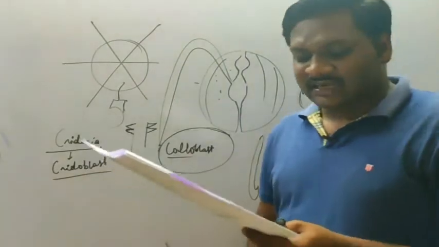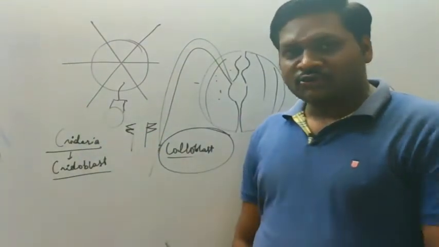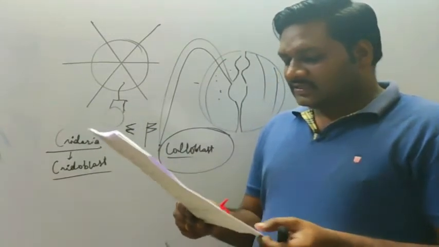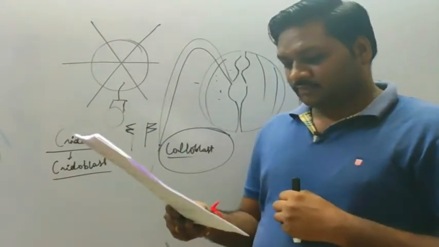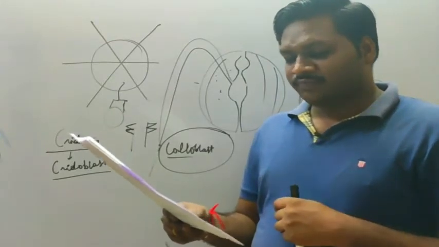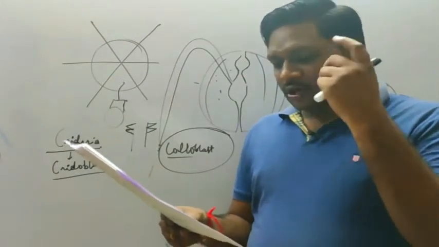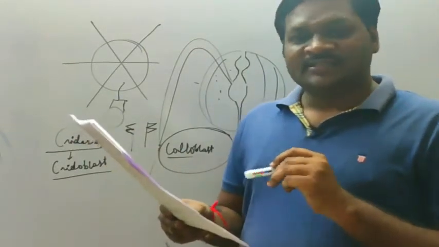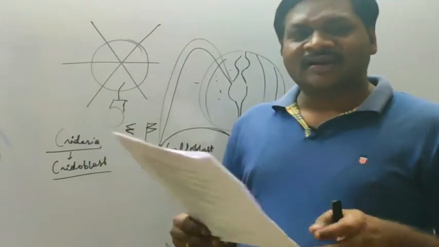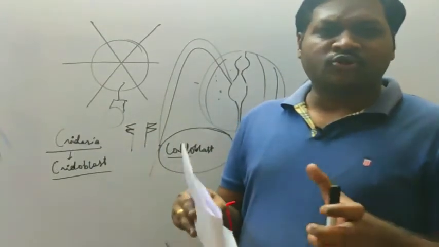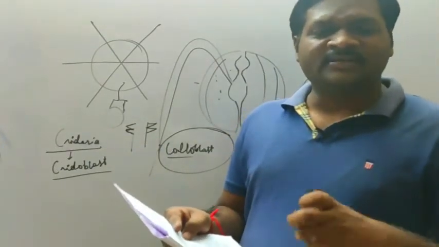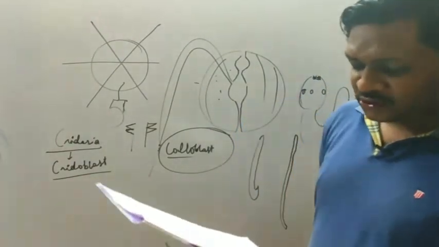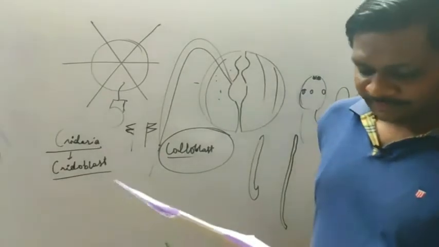Then Aristotle's lantern, which helps in mastication, is a characteristic feature of. Options are given, and I think in the previous doubt session also some student has asked this question. So the correct answer is the sea urchin. Aristotle's lantern is the set of teeth used for mastication. Mastication means grinding the food material. So it is seen in case of Echinus, that is sea urchin.